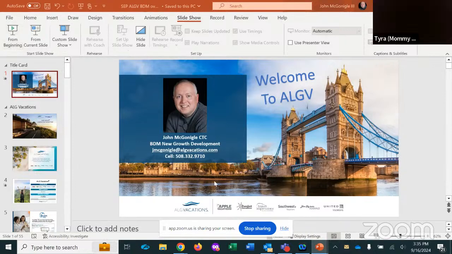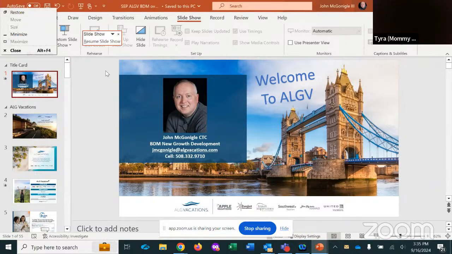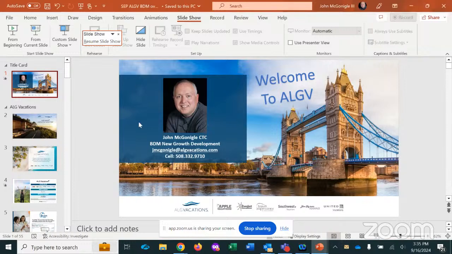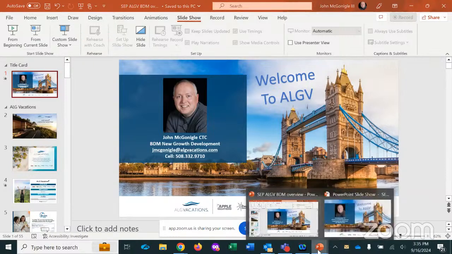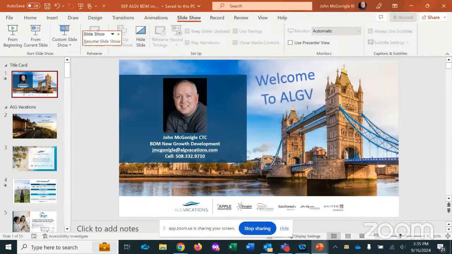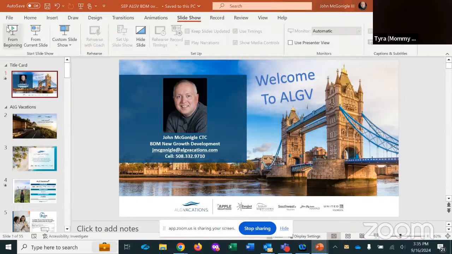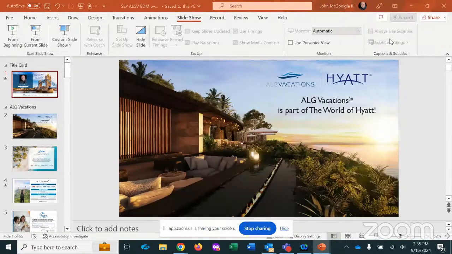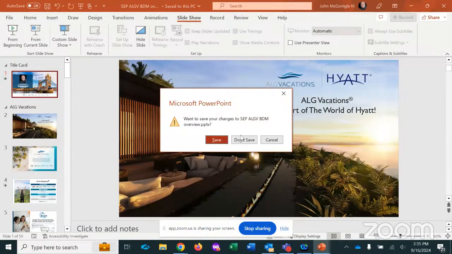Yeah, this happened on the last recording as well. I wonder if something. Click the box, John, that says use presenter view. I'm not even seeing it. It's just above, second to last from your right. Yeah, I'm not even getting that. Okay, maybe your Zoom bar is in the way. It must be. It says automatic. It's right below your picture. Nope. Okay. Hang on. Let me get out of this then.